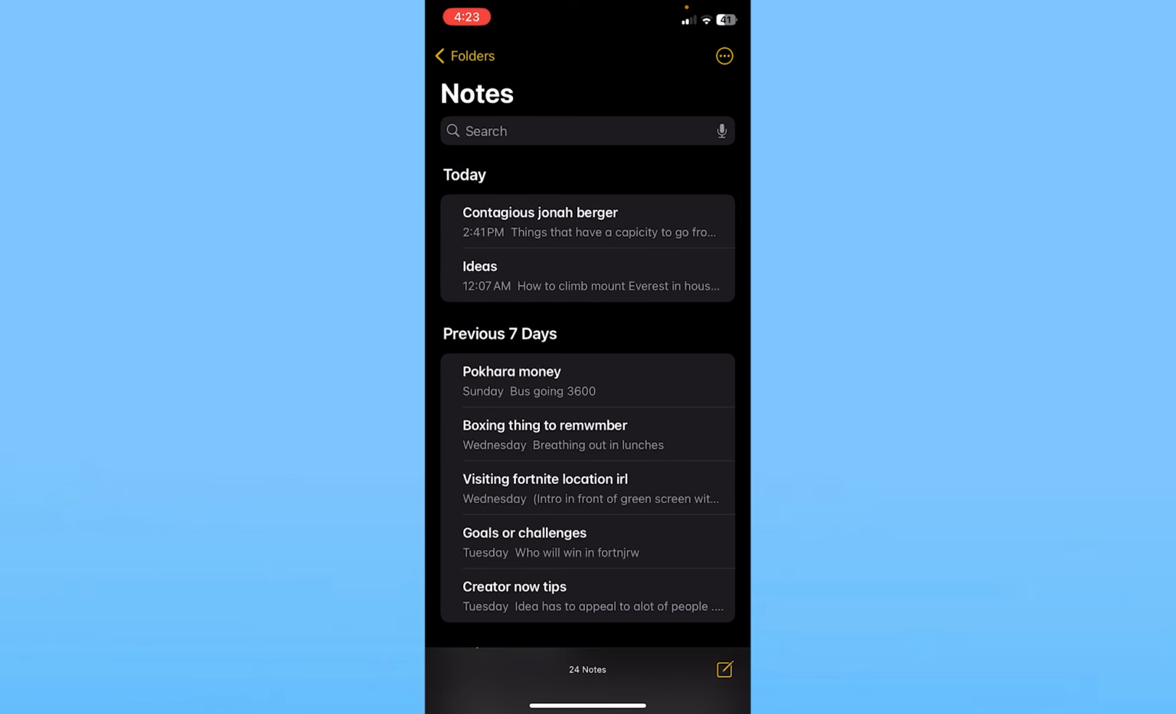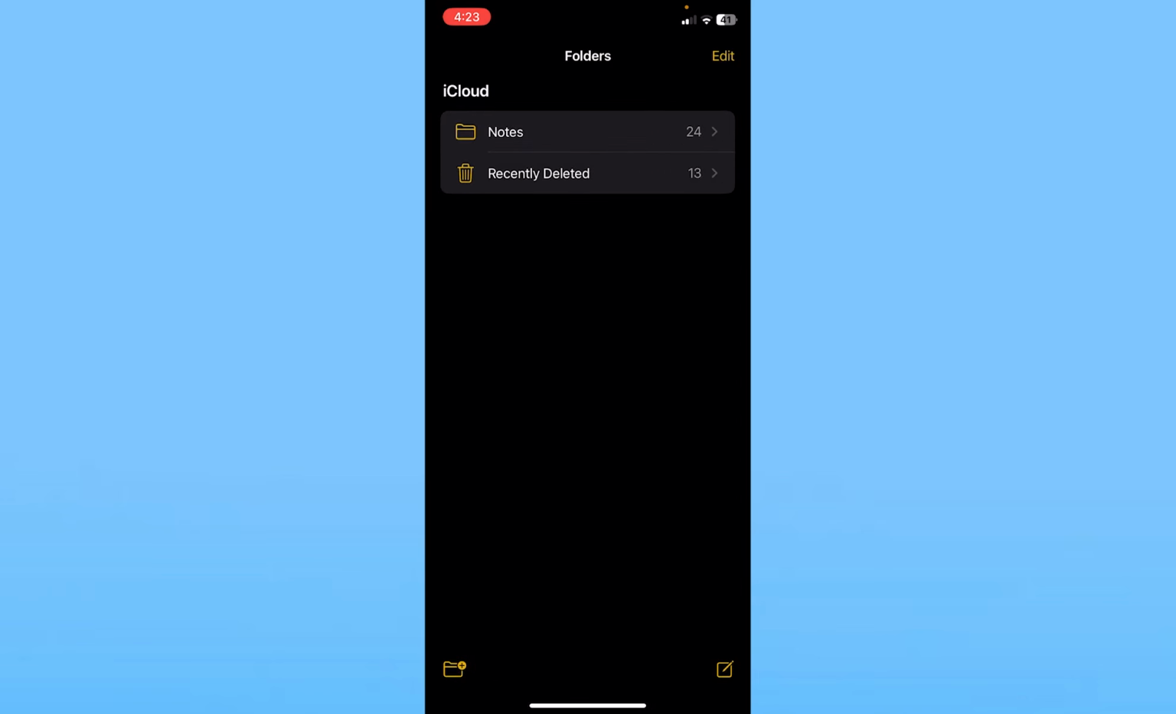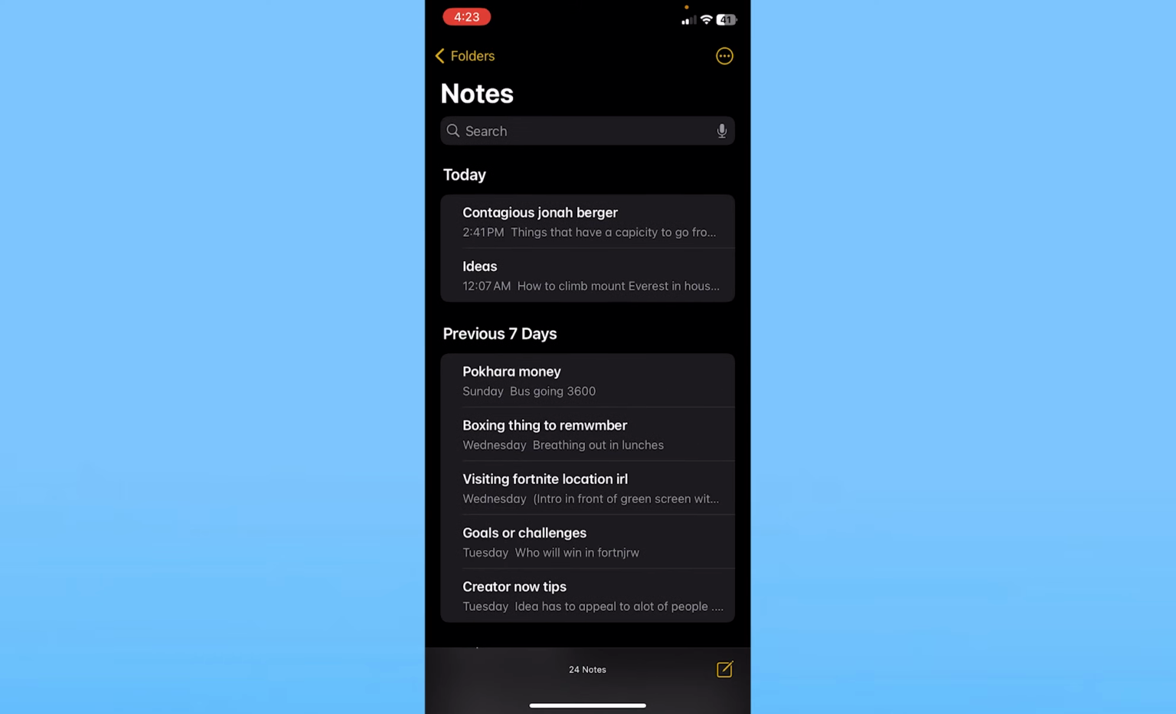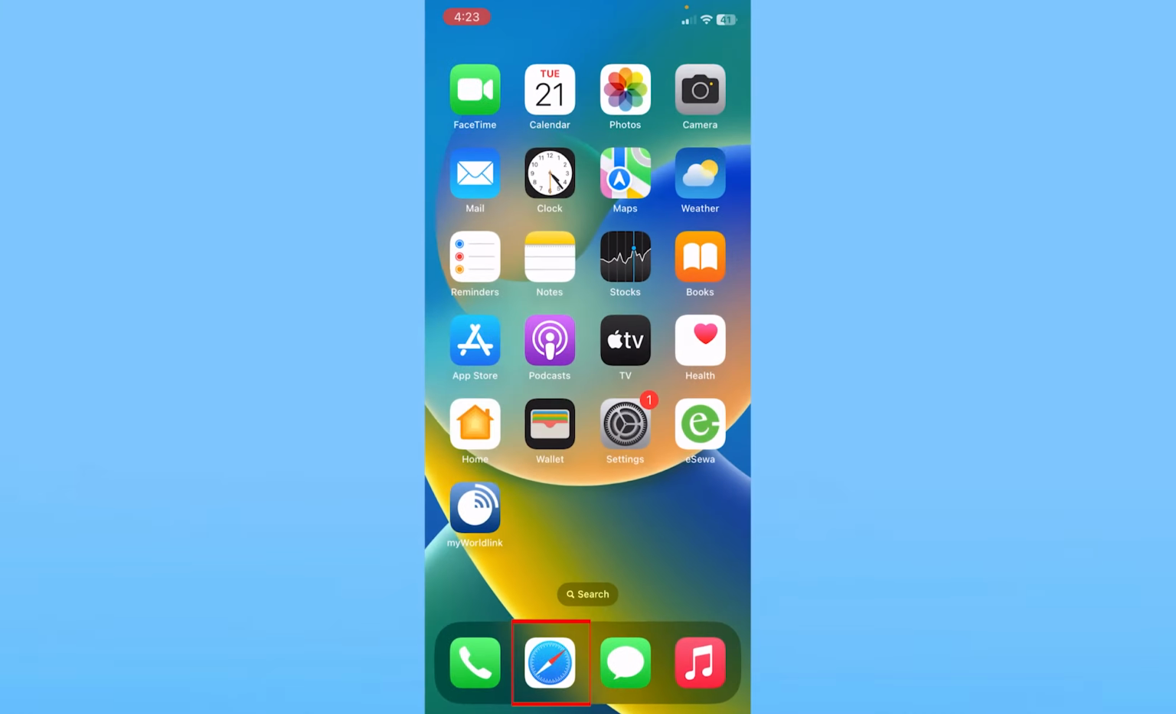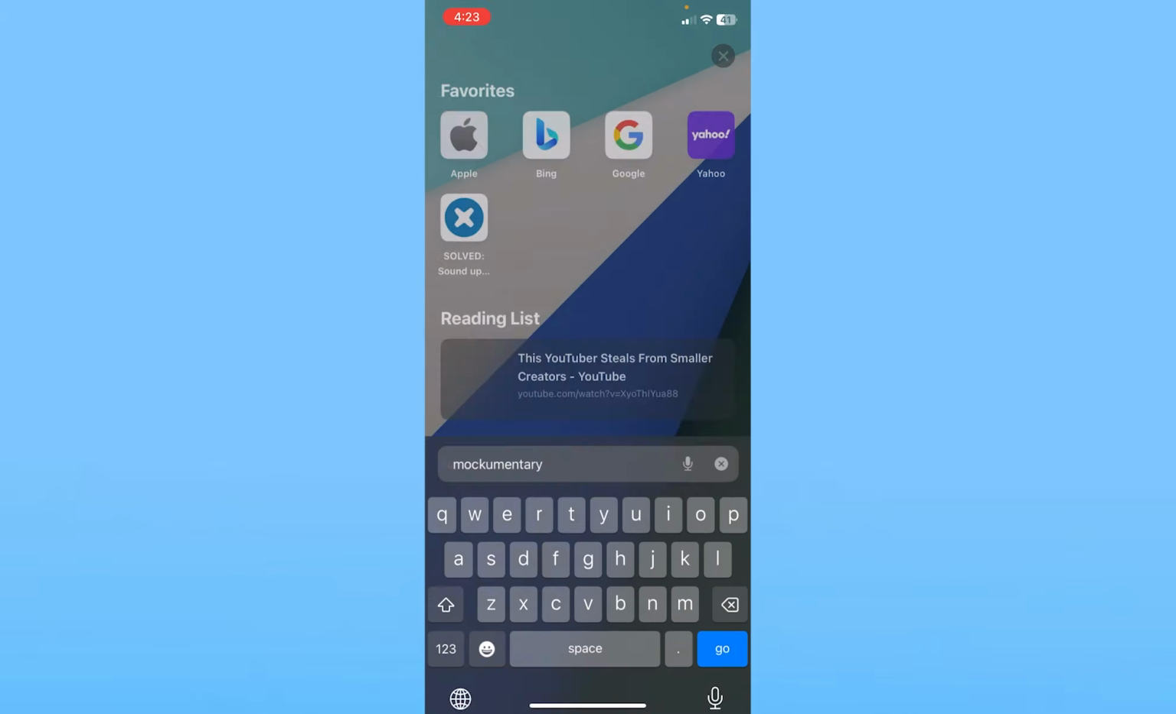Alright, so this can only be done if you have not passed 30 days. By that I mean if you delete a note, you can recover it for 30 days. If your 30 days have passed, it's not going to be available in recently deleted. In that case, you need to go to your browser, and on your browser you just want to